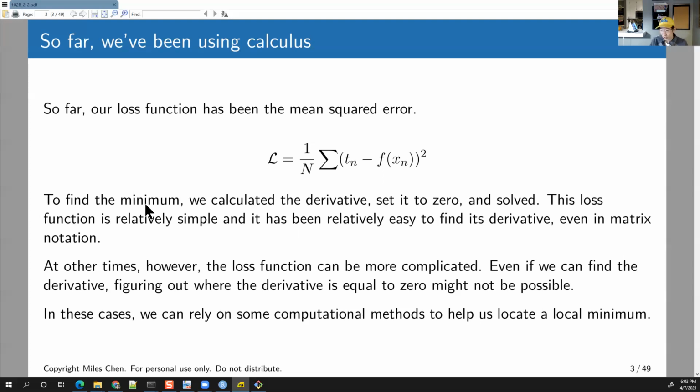Okay. Sometimes, however, the loss function that we're working with can become more complicated. It can be more complicated than just this sum of squared values. And in those cases, you might be able to figure out the derivative, but then trying to solve for where the derivative is equal to 0 might not be an easy thing, okay? And so we can rely on computational methods that can be used to help us at least find a local minimum, right? Finding global minimums sometimes is difficult, but